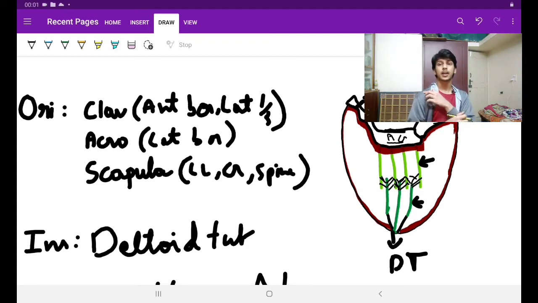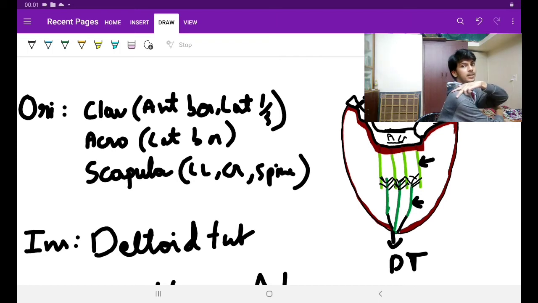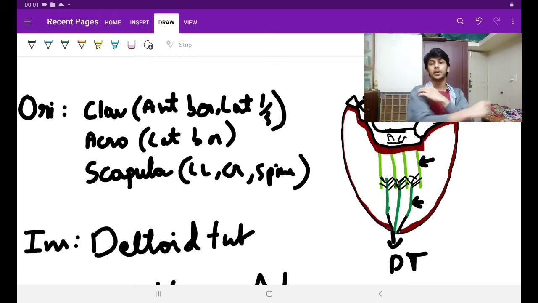Then acromion process. Whole of acromion process, whole surface? No. Only the lateral border of acromion process is giving rise to deltoid muscle. Then scapula. What part of scapula? The spine of scapula. Only the spine? No. The spine is coming and giving us crest. Whole crest? No. Only the lower lip of that crest. See, there is a spine coming here. That is becoming crest here. Crest like this. The lower lip of the crest is giving rise to deltoid muscle like this. Okay. So, these were the origins.